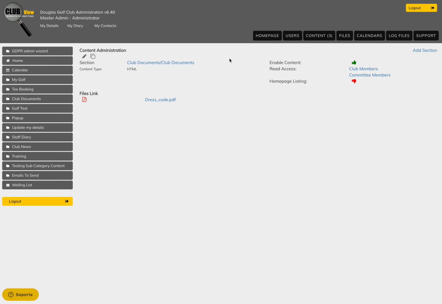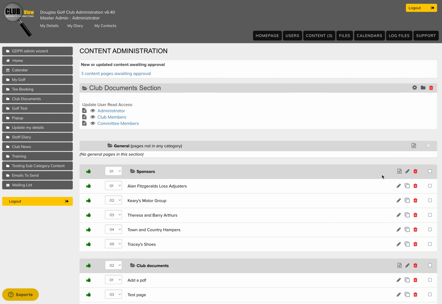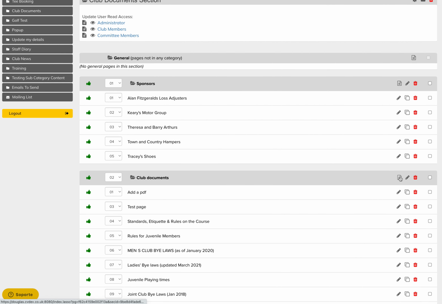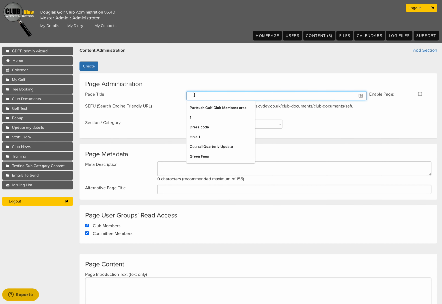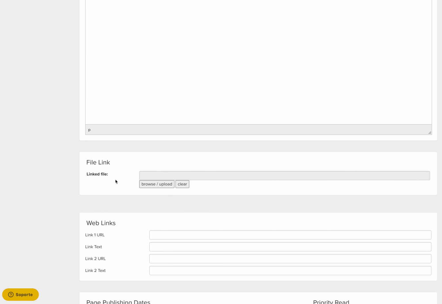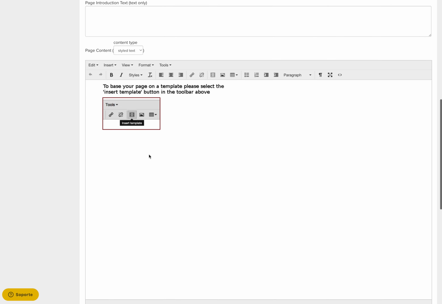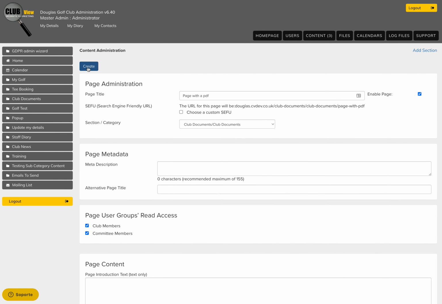So again, going back to our admin, we'll click on the content tab, club documents, and we'll just call this one page with a PDF. Okay, enable our page, and we can just go ahead and add the document here. So we just add exactly the same document. If I just go ahead and create that,